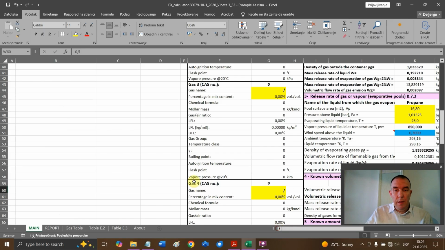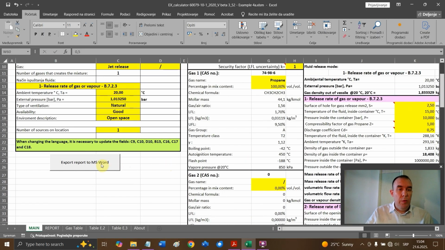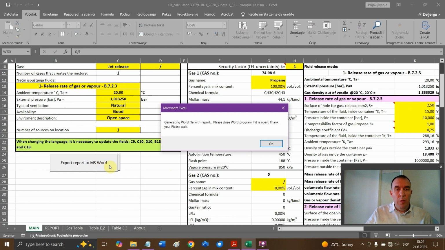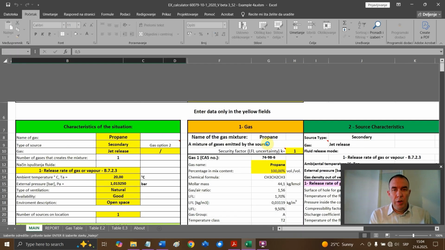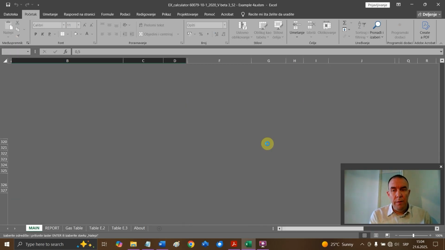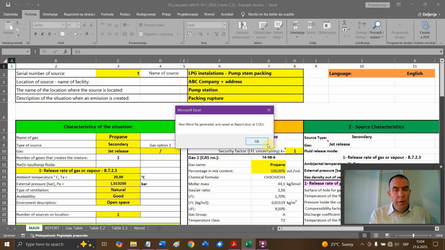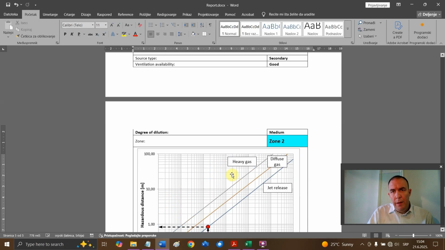This is nearly over. All we have to do now is export to a Word document, generating a Word file with the report. Okay, now we wait. Excel will generate files. Currently you are seeing the flickering of the screen. In the macro I can turn that off. The new Word file is generated. Okay, and let's see the file. Here it is